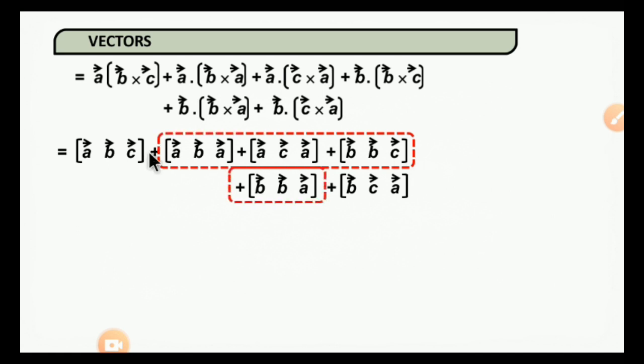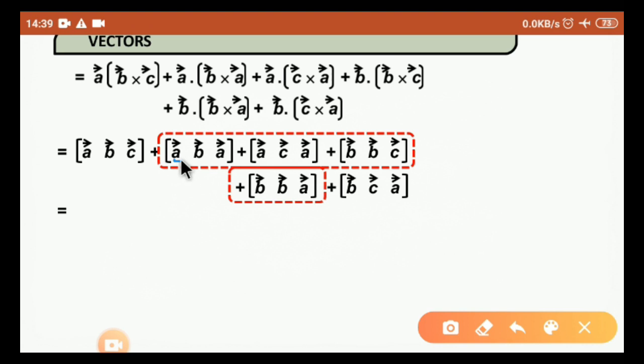So students, see here in these 4 box products we will be having 2 similar vectors in each box product. See here in this first one, here also we have A, here also we have A, and in this box product this is B and it is also B here, and in this box product we have B and B. So already I have told you the property, whenever any 2 of 3 vectors are the same, then their box product will be equal to 0. Then